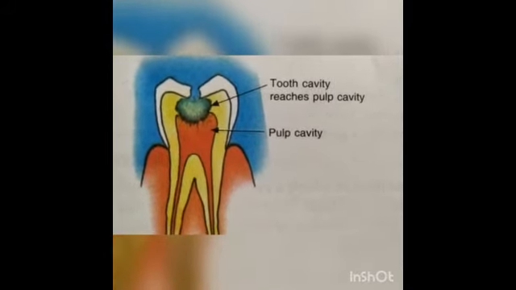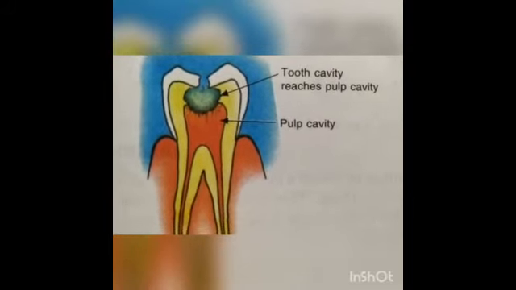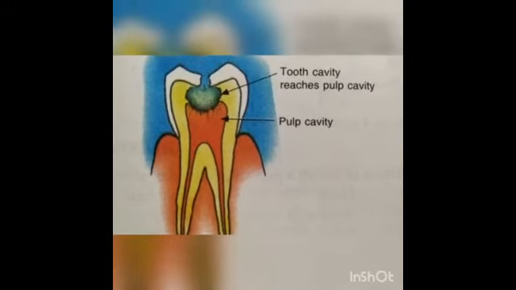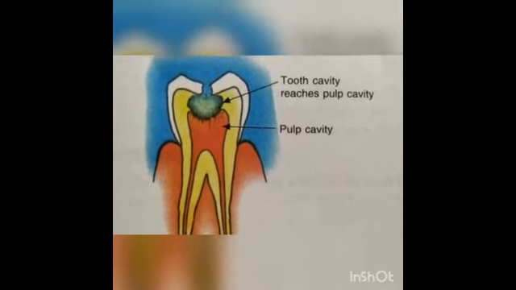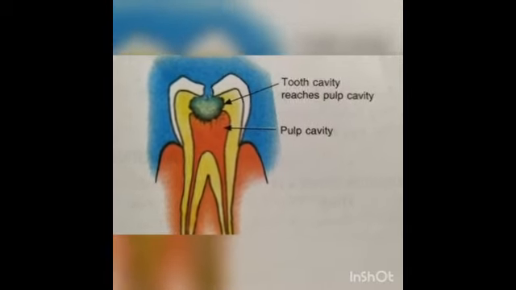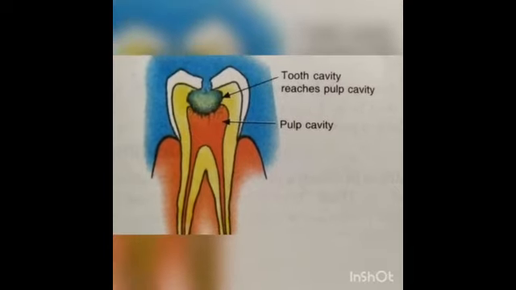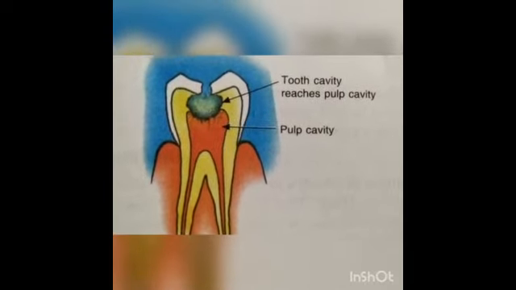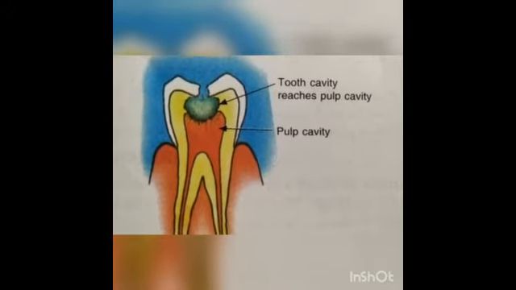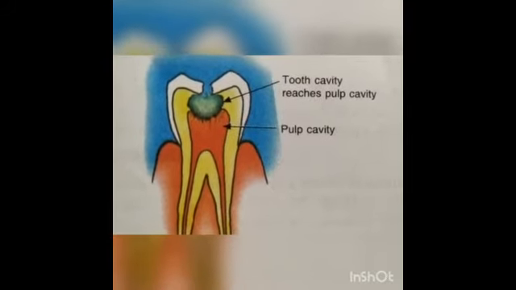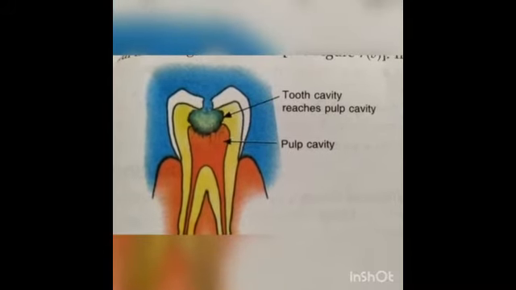So tooth decay can be prevented in many ways. We should remember all these things to prevent our teeth from tooth decay. Let me tell you the ways to prevent the teeth from tooth decay. We should rinse the mouth thoroughly with clean water after every meal. We should clean our teeth with a brush and toothpaste at least twice a day. A dental floss can also be used to take out food particles which are trapped between the